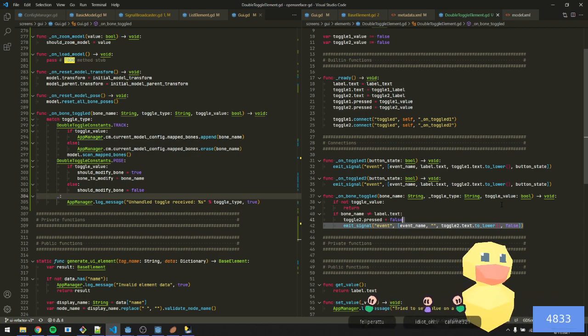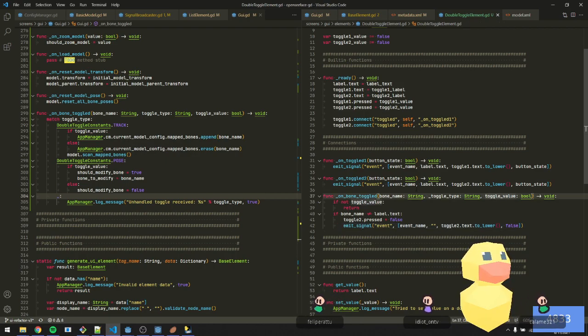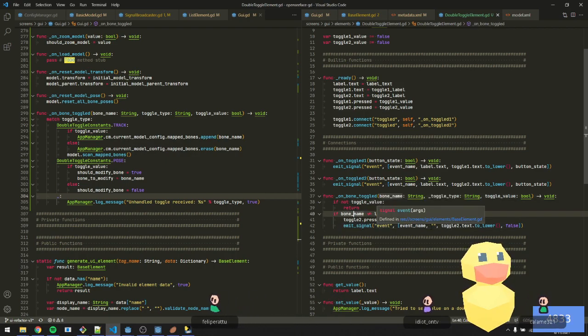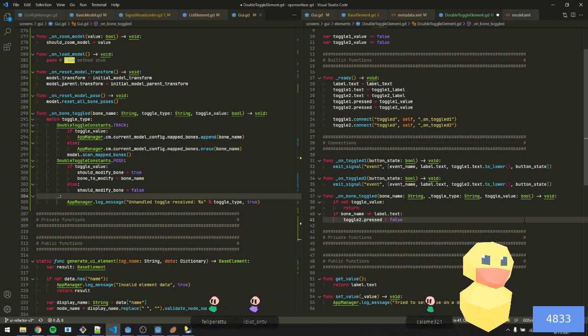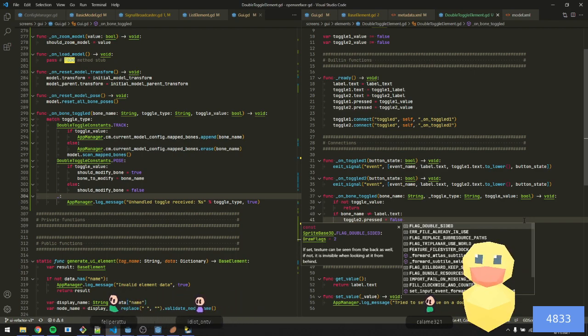This part is still right. This part is wrong. That's tough. If toggle value